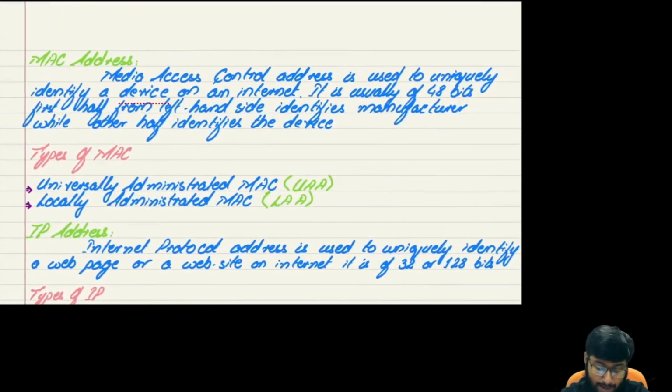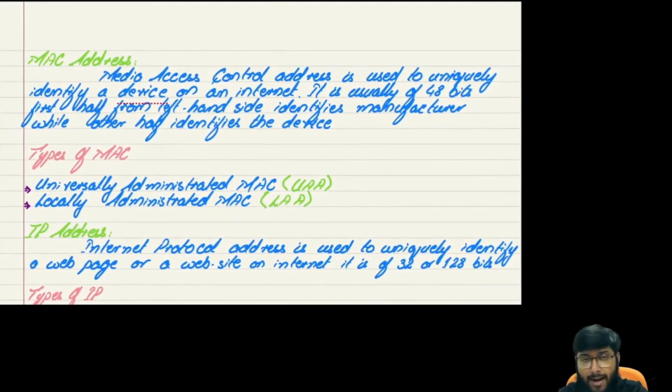Coming towards the MAC address, as I just told you, the MAC address is basically utilized to recognize a device on the internet. A MAC address is of 48 bits, out of which the first half from the left hand side identifies the manufacturer, while the